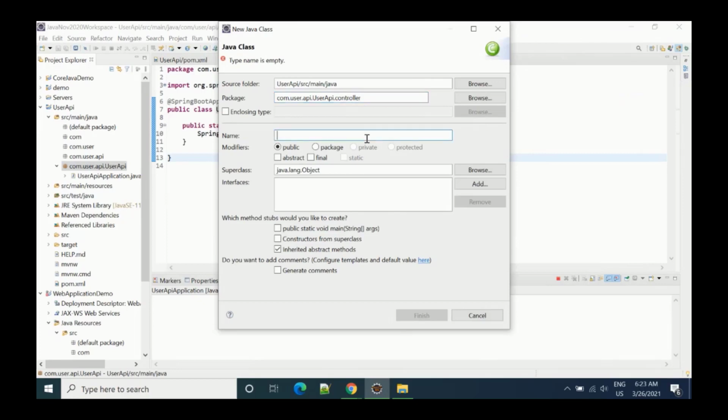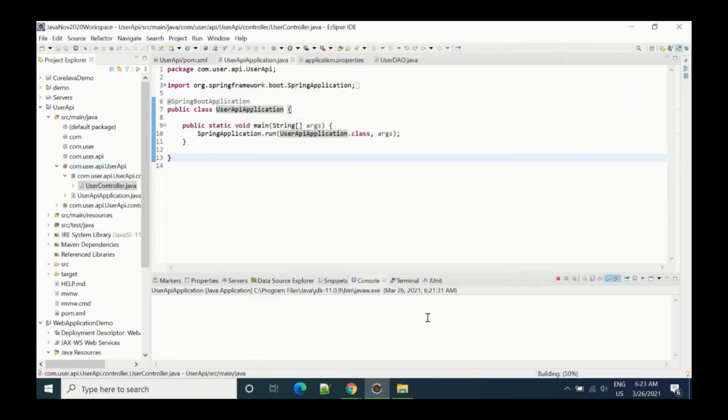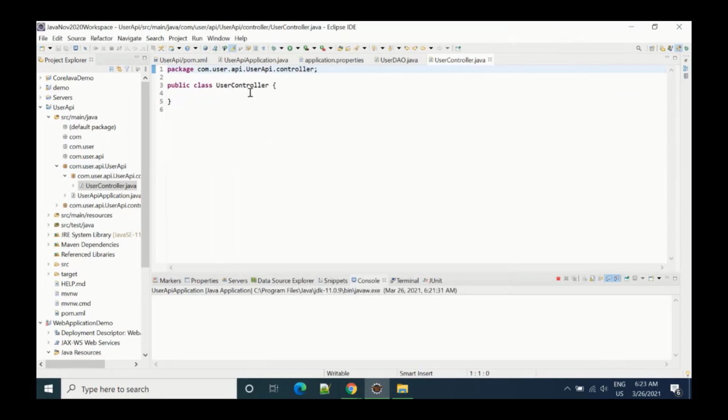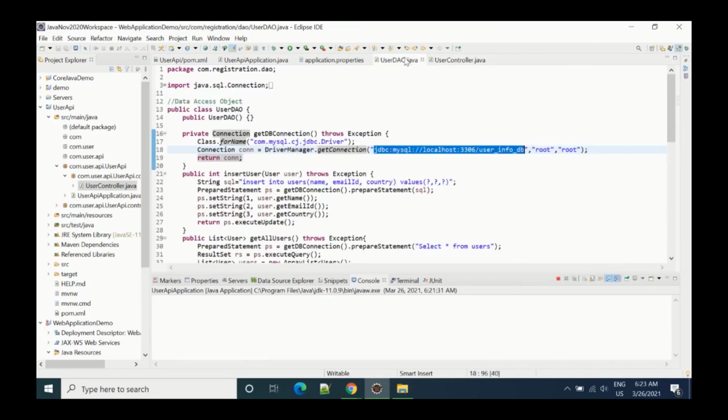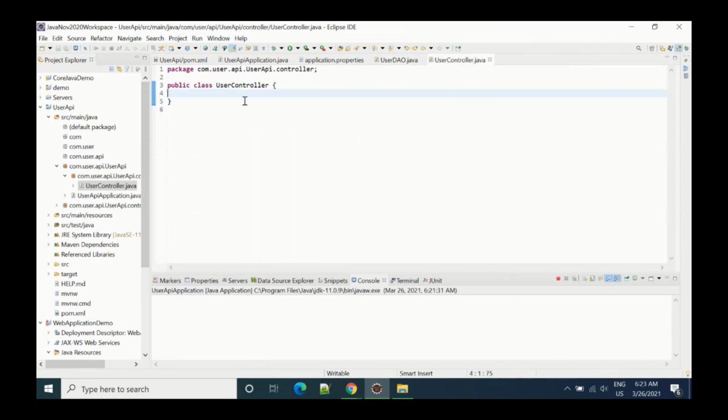In this controller I can name it UserController. Controller means this class will be used to write all the APIs.